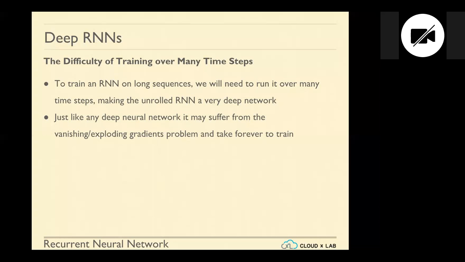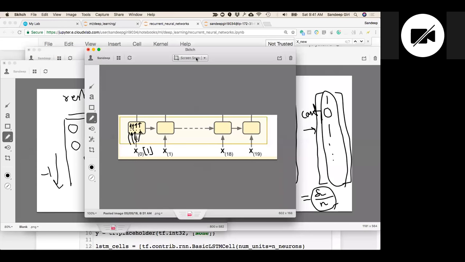Now, next, there are difficulties of training deep RNNs over many steps. To train any RNN on a long sequence, you will need to run it over many steps, right? Making the unrolled RNN a very deep network. Just like any deep neural network, it may also suffer from vanishing gradients. Why? If you take a look at our previous one,